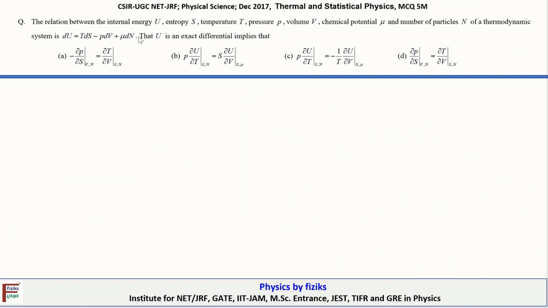Now let's continue with the next question. The statement is the relationship between the internal energy U, entropy, temperature, pressure, volume and chemical potential mu, and the number of particle n of a thermodynamic system is given by this relationship. It's a very simple question. So basically what we need to learn here is how we get the Maxwell relations for the given thermodynamic potential. Here the thermodynamic potential that is given to us is du